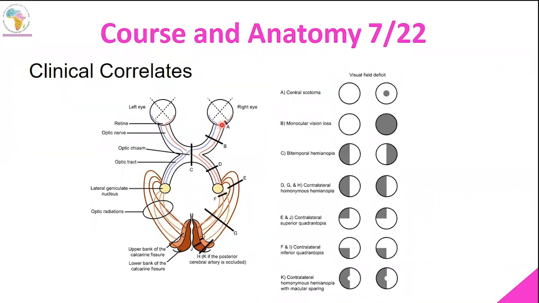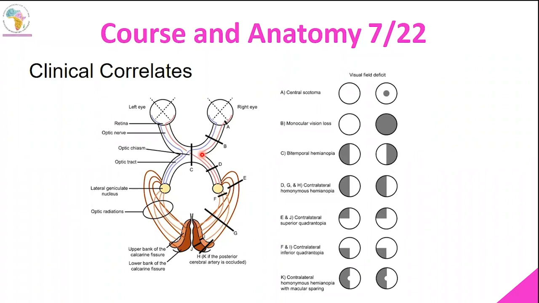However, as the optic nerves are advancing posteriorly, the fibers are divided into two. These fibers are referred to as the temporal fibers, from the temporal retina, and these are the fibers from the nasal retina. So the fibers from the nasal retina on both sides decussate when they reach the optic chiasm, such that we have optic fibers of the nasal retina from the right side going over to the left side,